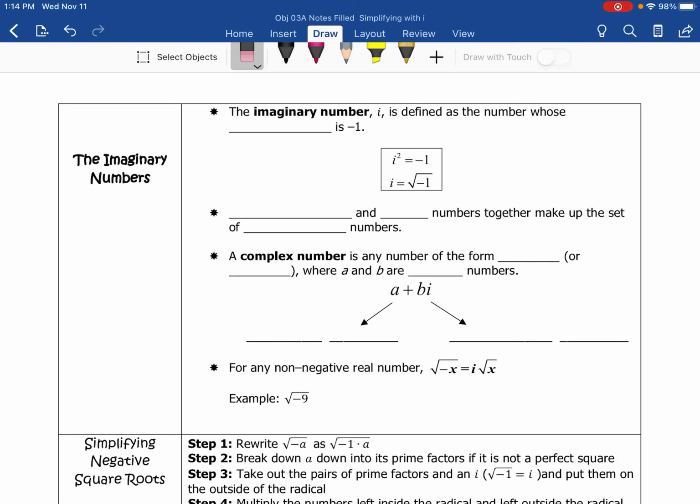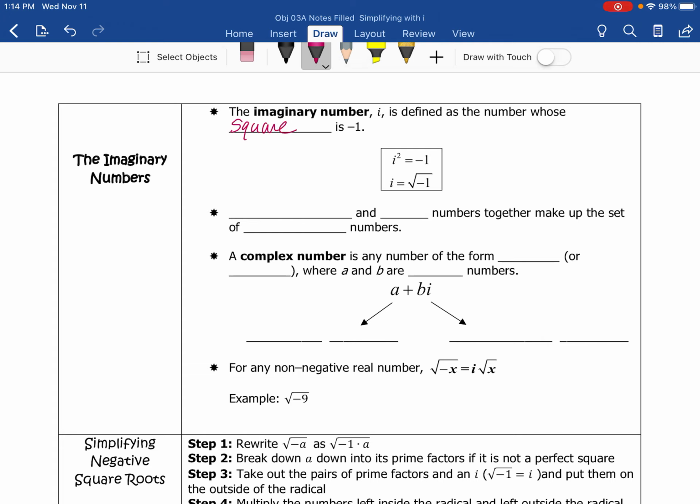So we're going to start talking about imaginary numbers. Imaginary numbers are numbers on the imaginary plane. They do have uses. We just don't use them in regular math, and that's just because it's like another dimension to what we're doing. So an imaginary number is defined as a number whose square,